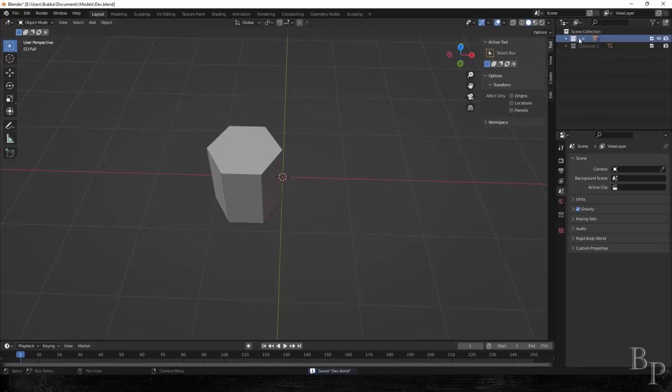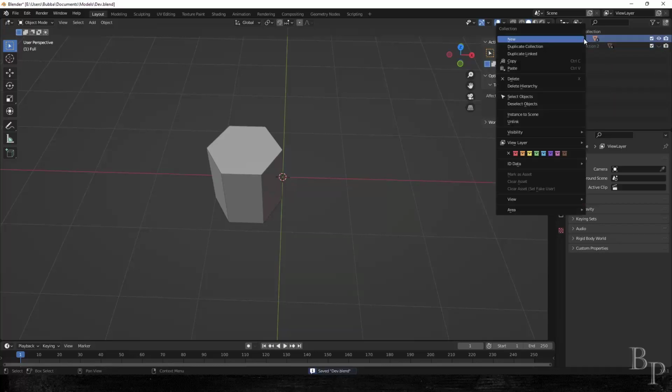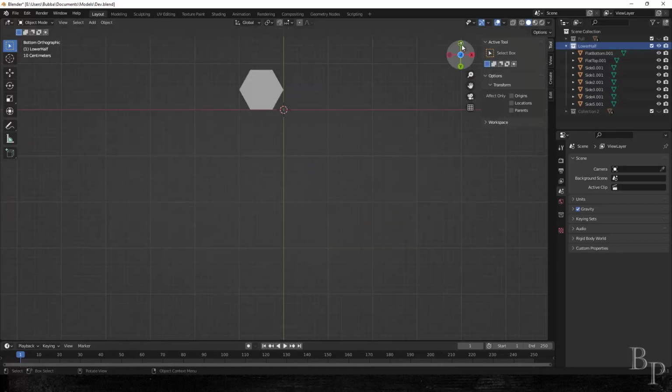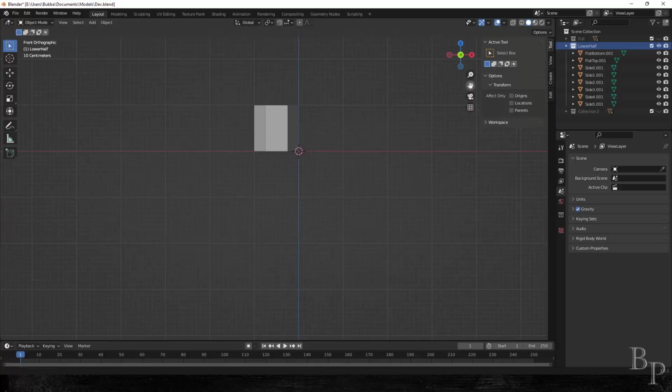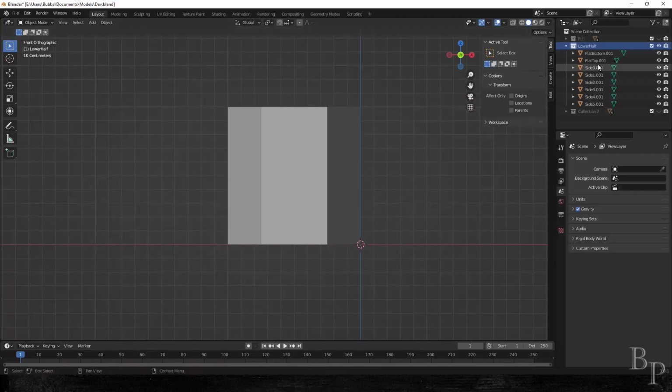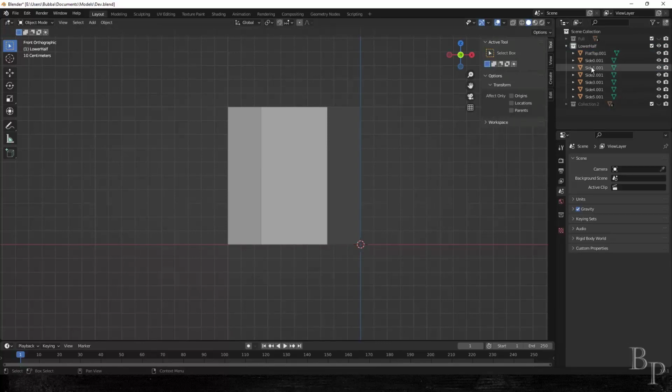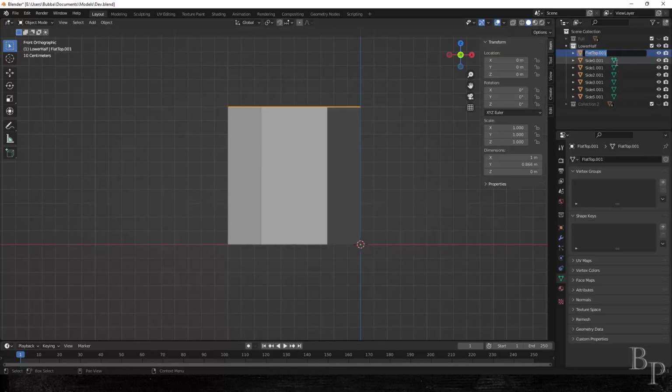And then I am going to duplicate the full collection and call it lower half. This is really annoying because we got to rename all of this. Okay, so the bottom, we don't need the bottom. We do need the top. You can steal the bottom from the full. It'll be the same. And we'll rename this LH